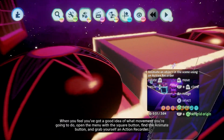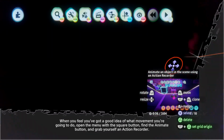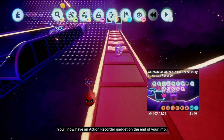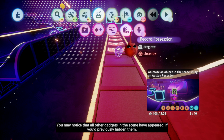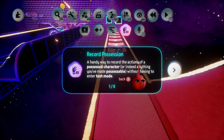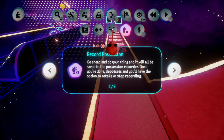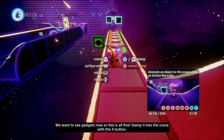Okay, when you feel you've got a good idea of what movement you're going to do, open the menu with the square button, find the animate button, and grab yourself an action recorder. You'll now have an action recorder gadget on the end of your imp. You may notice that all other gadgets in the scene have appeared, if you'd previously hidden them. We want to see gadgets now, so this is